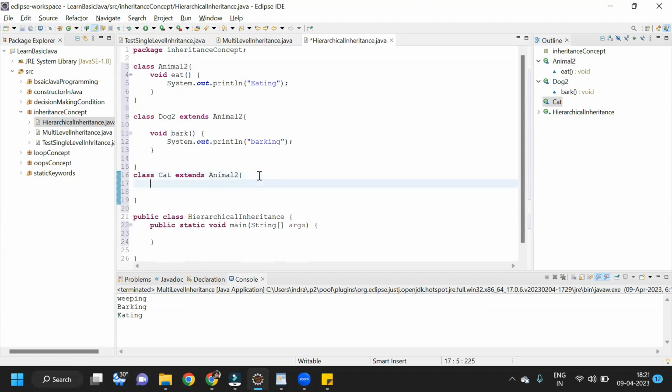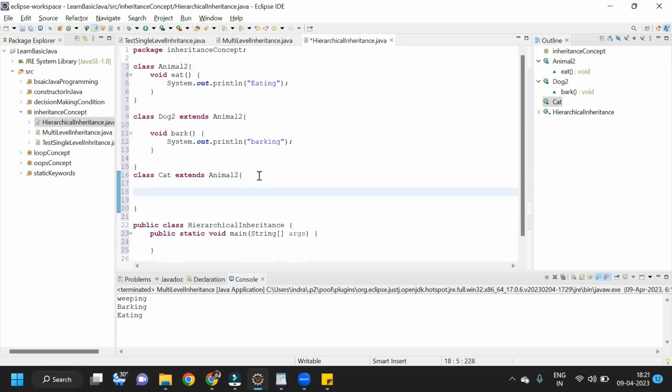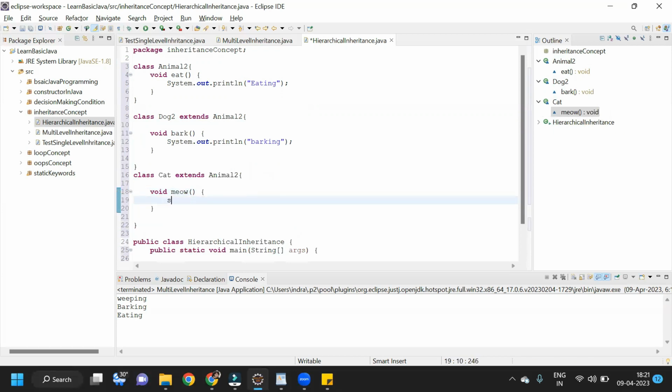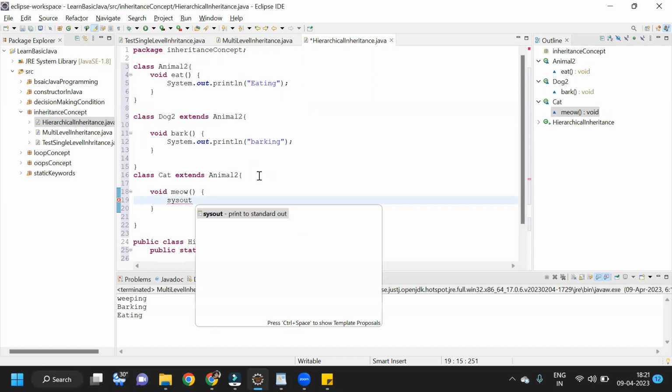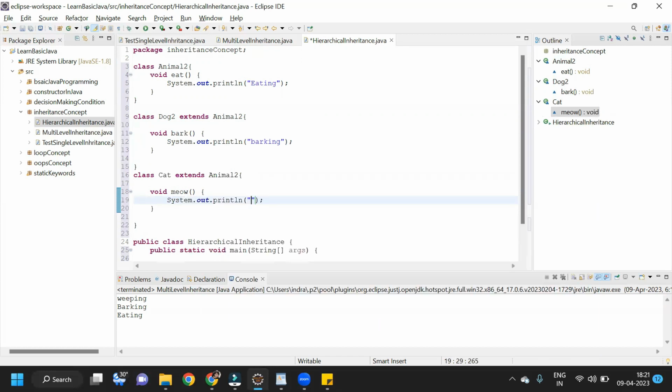And here again, I will write the behavior of a cat. It can be called like meow meow. So I will write meow, right? Sys out, meowing,